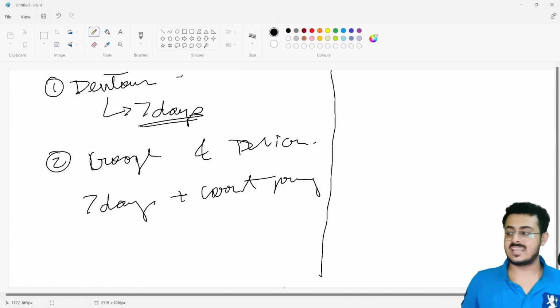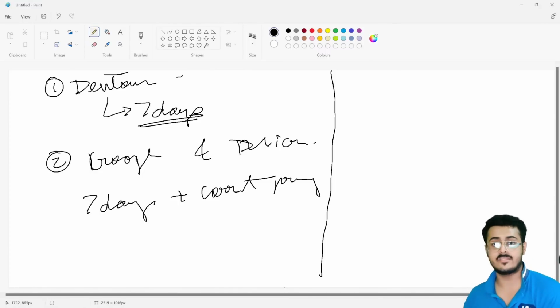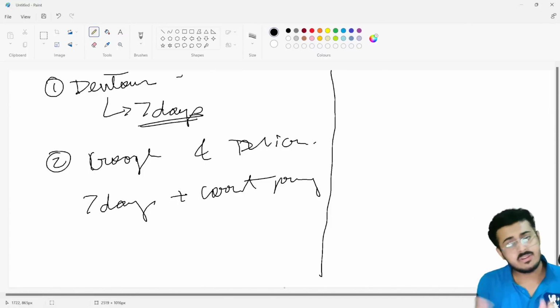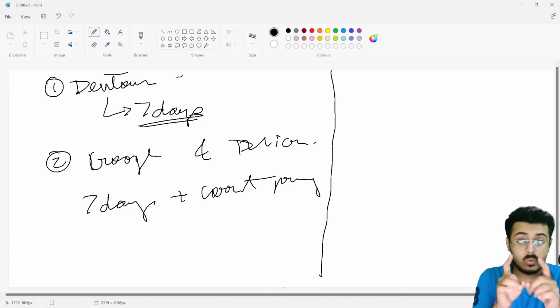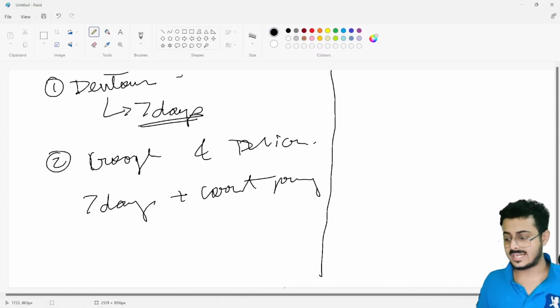Otherwise that certificate will not have any kind of value given to it, because the reason for that is extremely simple. Because everybody is getting that certificate, then how will it contain value? You need to make sure that only you guys are able to get those certificates. Those who are giving and learning, only then will that certificate have a lot of value on your resume. So that is the second thing.